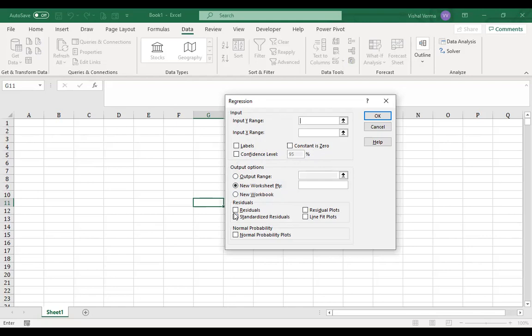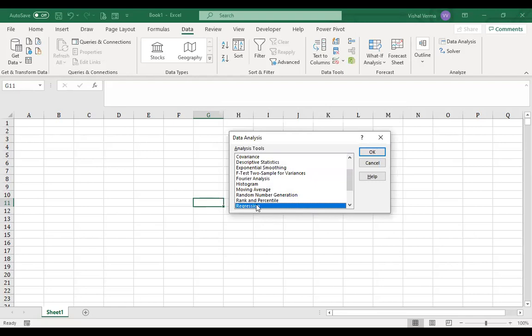Now here we get the residual plots, residuals, line fit plots, and normal probability plot. These are very important when we check whether our regression has got the proper data or not. So we'll be using the residual plot, line fit plot and normal probability plot when we discuss the regression.